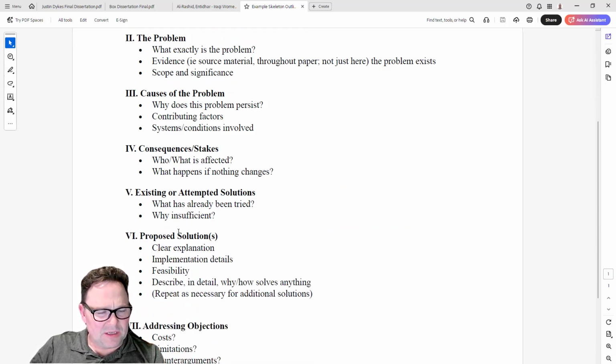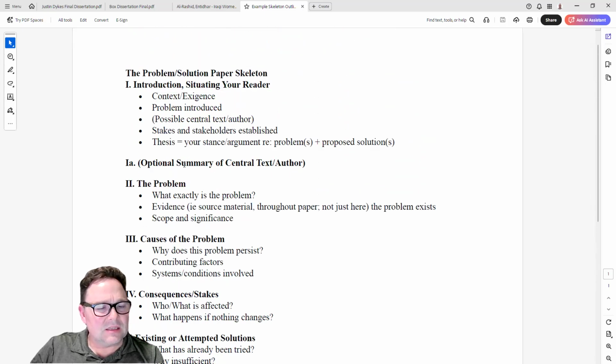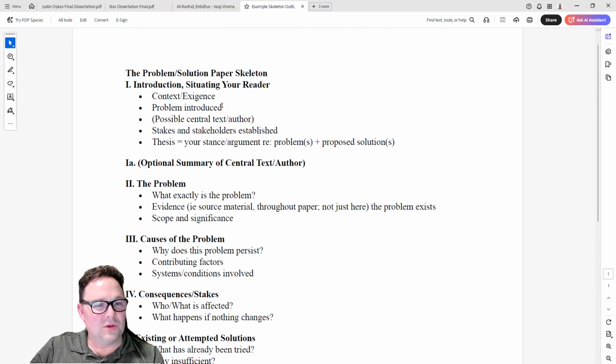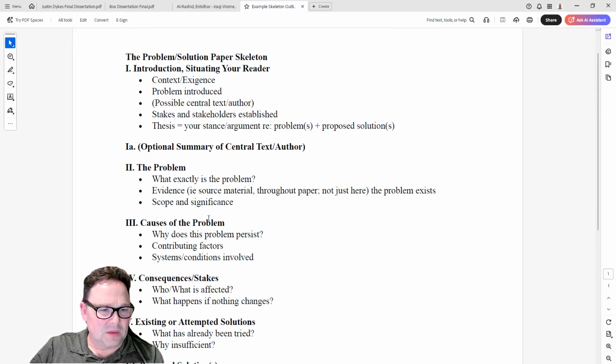I'm hesitating so much because this is not the only way that you could respond to our prompts for this paper. This is just one of the ways. And I'm trying not to qualify it so much because I don't necessarily want you to make an outline like this and draft your papers like this. I mean, you can certainly, it's why I'm sharing it. But if you feel like you have a different approach that you want to do things a little differently,